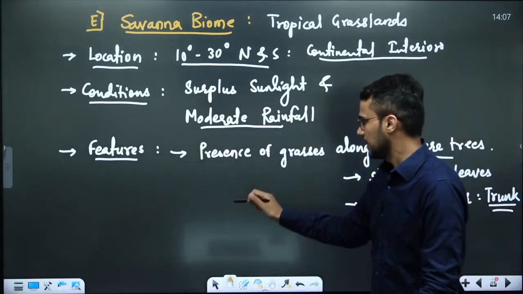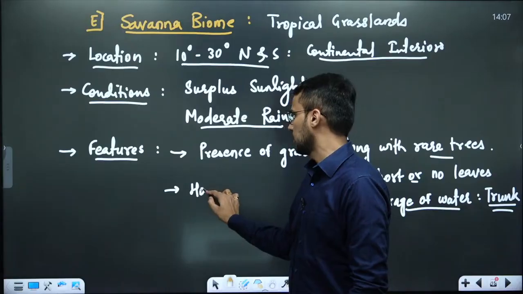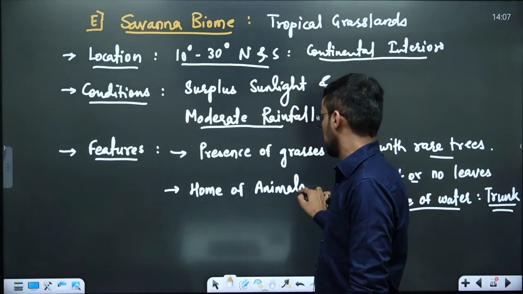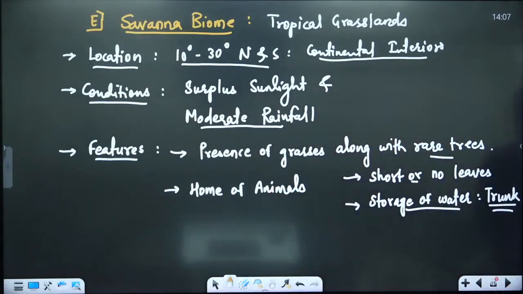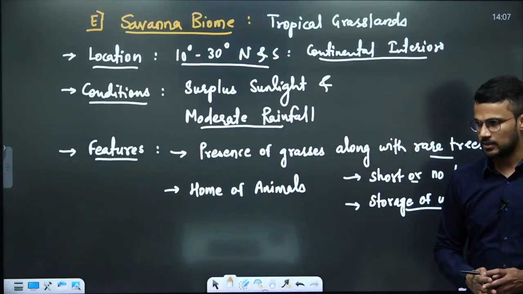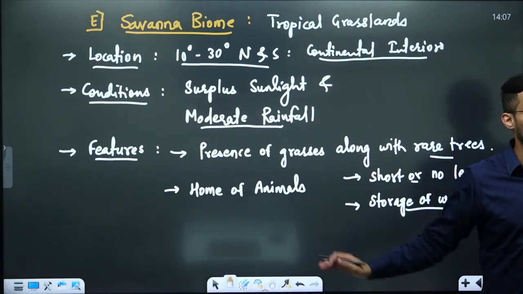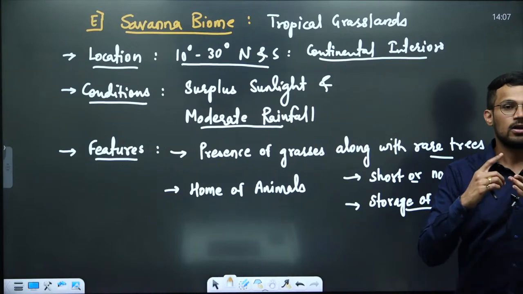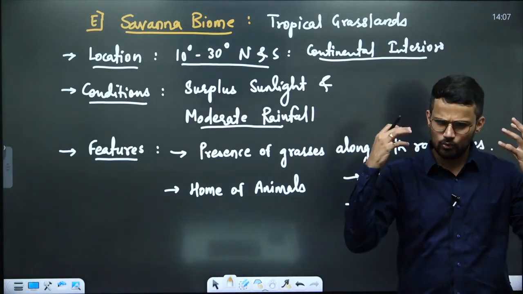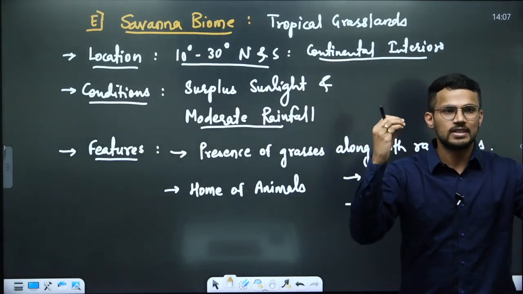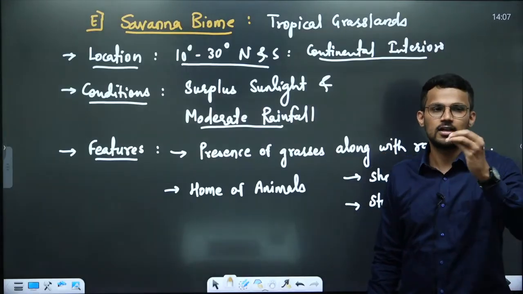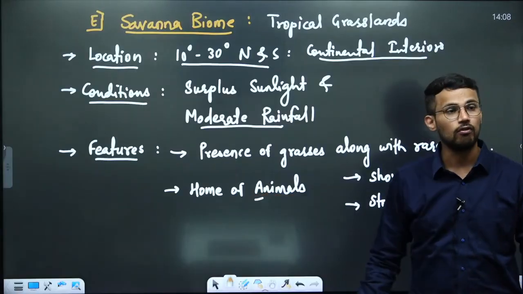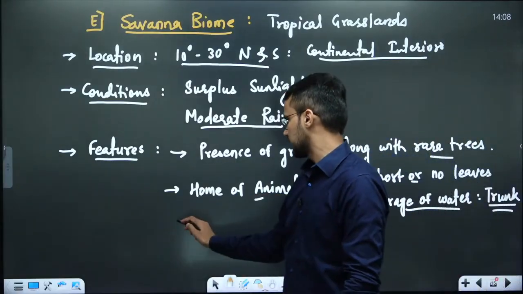Fine. Next feature, home of animals. It is that area which is the home of animals. Okay, and that's why people go for jungle safari in this area. We have different types of animals like zebras, giraffe, wild boar, hyena. All those different types of animals that we generally see during jungle safaris in Kenya, Tanzania, etc. are there in the savanna biome, and that's why it is the home of animals. Fine. Next,